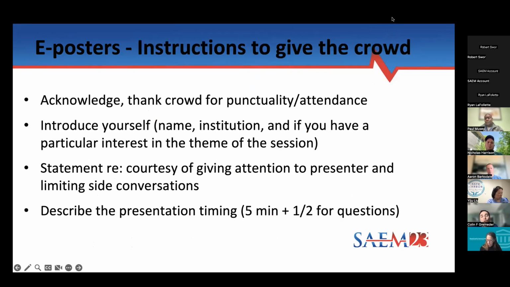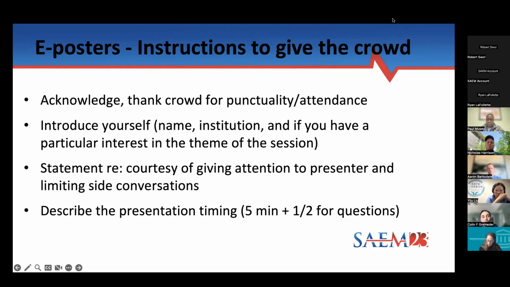All right. So in general, I would say that the best strategy, and remember, there are different strategies to this. Different people feel comfortable doing different things as moderators. I think all of us feel like the best way to handle it, though, is to try to give instructions to the crowd at the very beginning. Paul and I both were discussing how we do this. We both like to acknowledge and thank the crowd for coming, so as to make it a positive thing as opposed to a punitive thing. Introduce yourself, tell them who you are, and basically give them some instruction on courtesy.